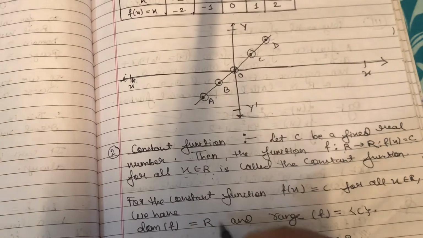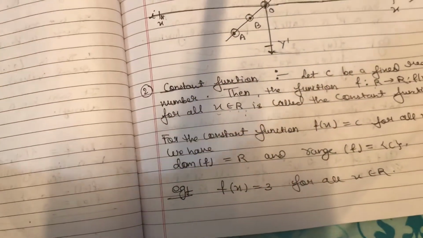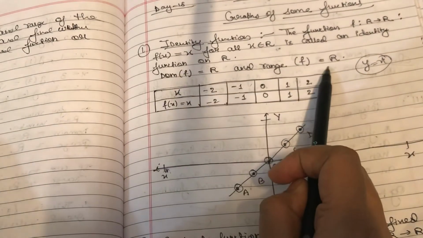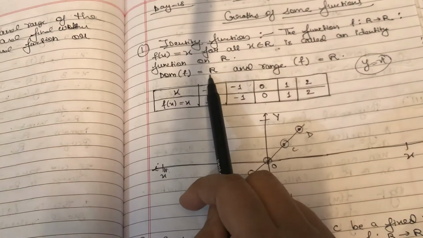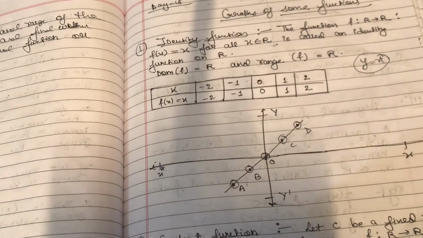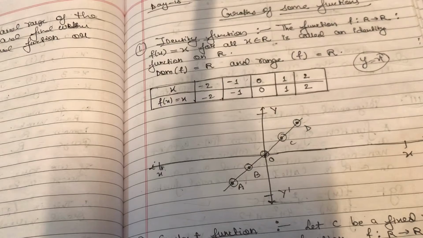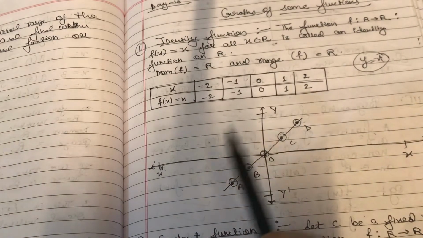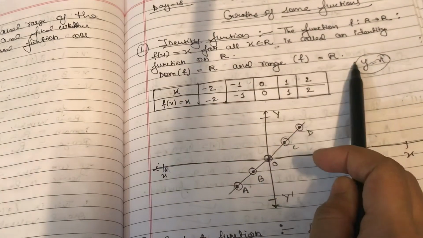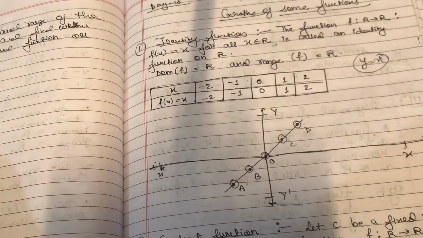Now how the domain is R and the range is C, we are going to see this from the example given below. Now whatever the domain and range I am writing for each of the given function, you need to remember this, because MCQ question may be asked from this particular topic. And also you have to remember the nature of the graph, because in competitive exam they may give you few graphs and in which you have to opt for the right one, right? So you have to remember the nature of the graph for each function, and also the main equation, which is f(x) equals x, the domain and range, and the nature of the graph. So these are the 3 points which are important and which you need to remember for each type of function.